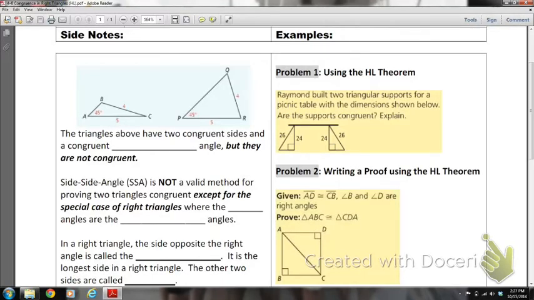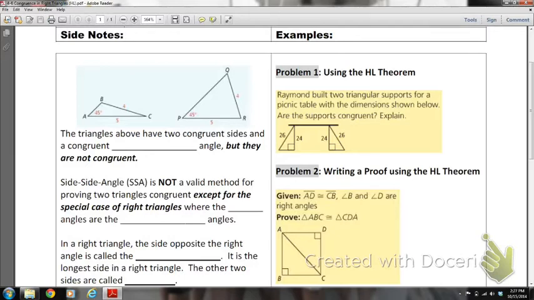In this lesson, we're going to look at congruence in right triangles. The objective is to prove right triangles are congruent using what we are going to learn about, the hypotenuse leg theorem. The first diagram that I have there at the top of the page, if you'll look at that,